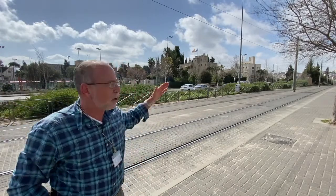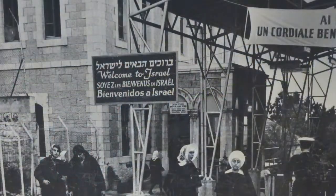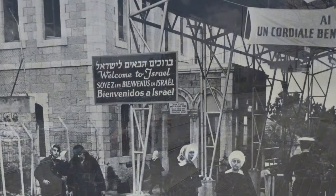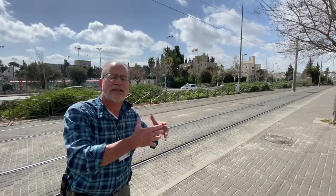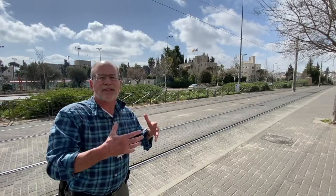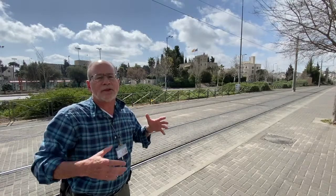If we were to go up the road over here, maybe a kilometer, a little less even, about a half a mile, we'd come to what's called the Mandelbaum Gate. And this was a gate built by the house of a man by the name of Simcha Mandelbaum, who in the early 1927 wanted to get outside the old city. Remember, the old city was really overcrowded, and he needed some more room for his family, so he moved outside